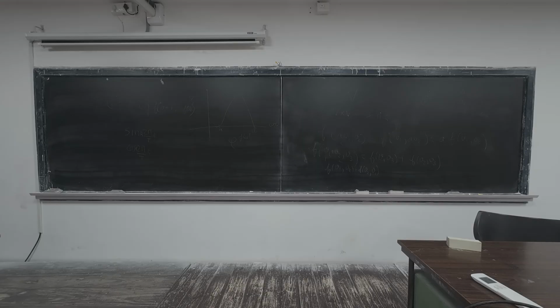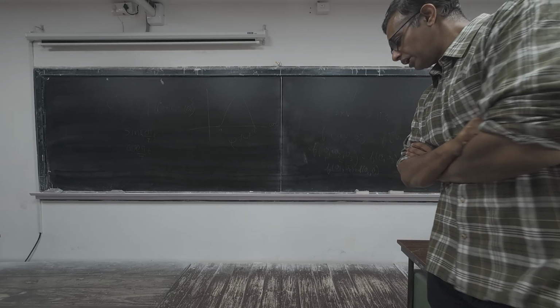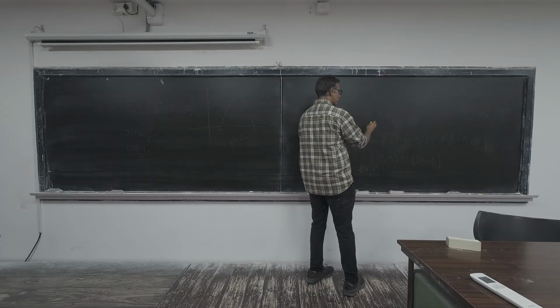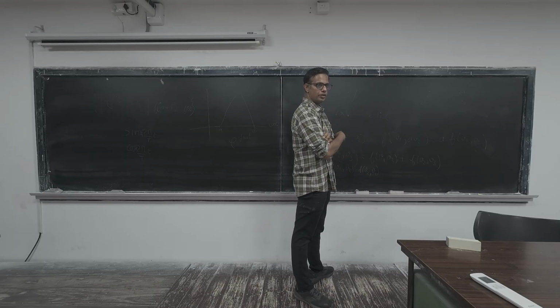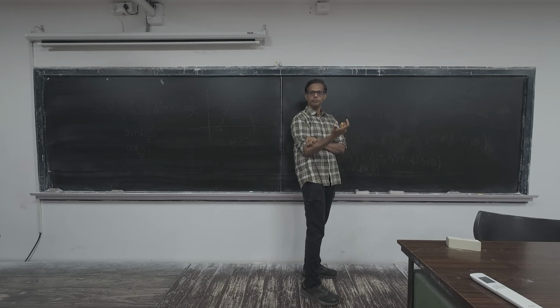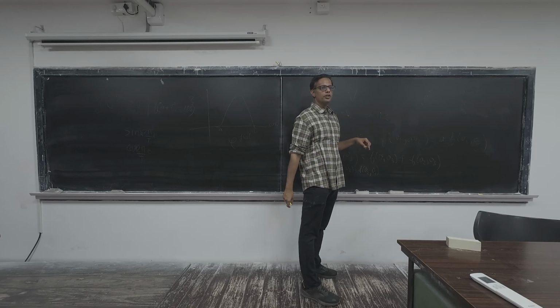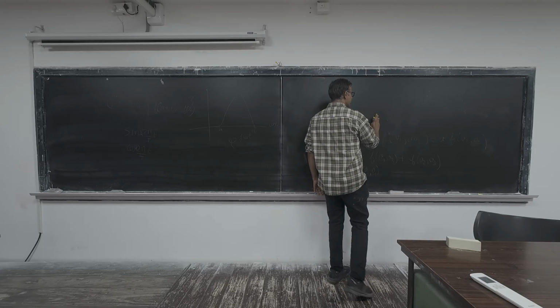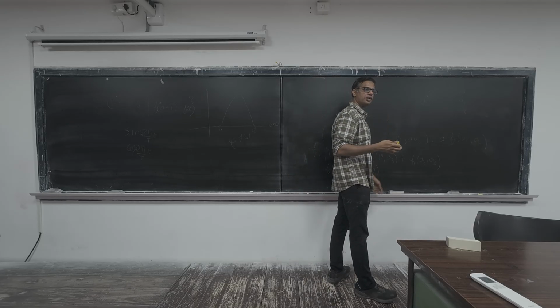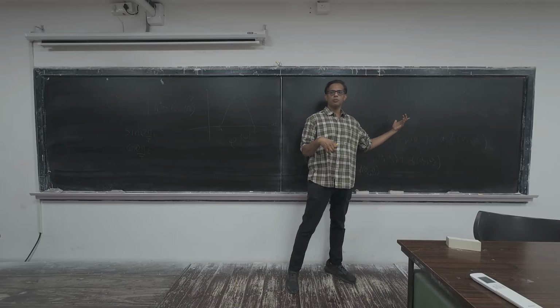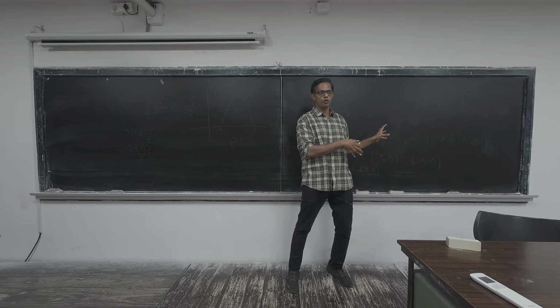So you will need a scalar answer if you have to define a norm over this. If the inner product has to define a norm, then a norm actually is even more. So if you have a normed thing, it has to be a map to R, right? A norm is always an R. So you will need that norm to go to R. So if you are just looking at a bilinear product, it may as well go to C. If the base field is C, it can continue to go to C. So if you're just looking at a bilinear product, it can go to C. Now if you want to have a bilinear product that defines a norm,